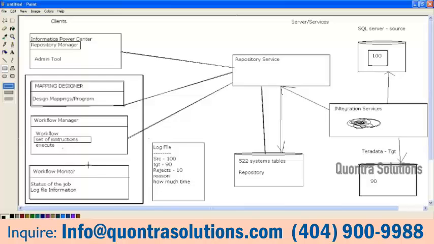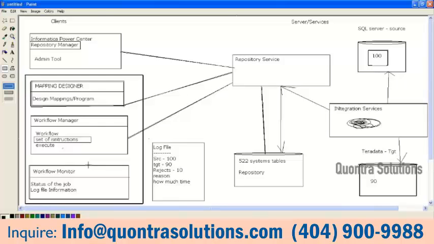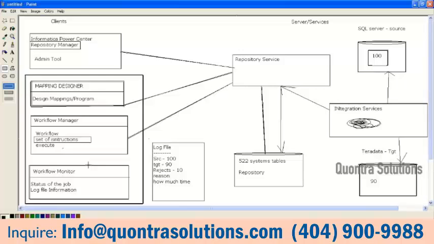Sometimes you are going to do some parameterization. Before running the job, you are going to set some values, right? From where will you pass those values to your program? It means from the Workflow Manager. We'll see everything. Integration Service is going to communicate with your source and target as well as with your repository. In the runtime, whenever you are executing your job, then only it will come into the picture.